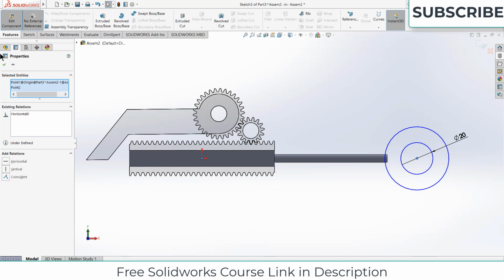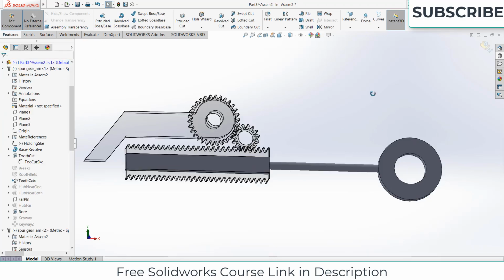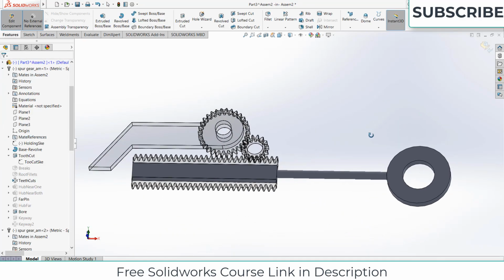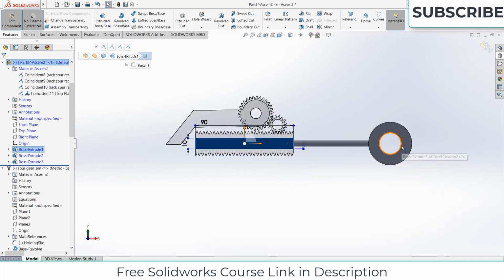Click OK and extrude it. Mid plane 5 mm. Yeah, it's okay. Now select this face, press Ctrl plus 8. We need to make one more part. After that we are done.